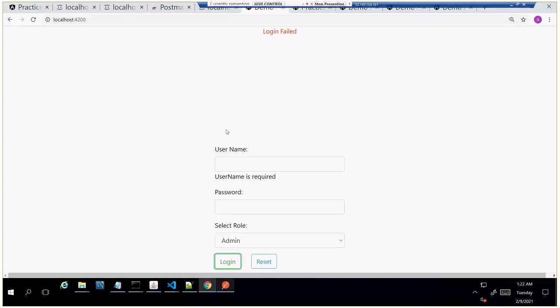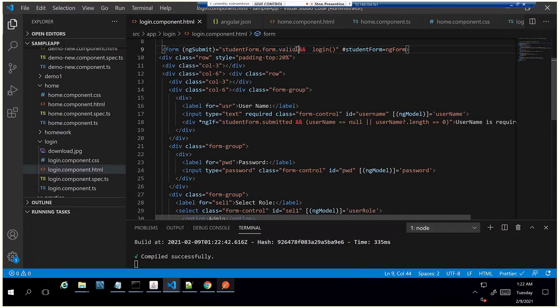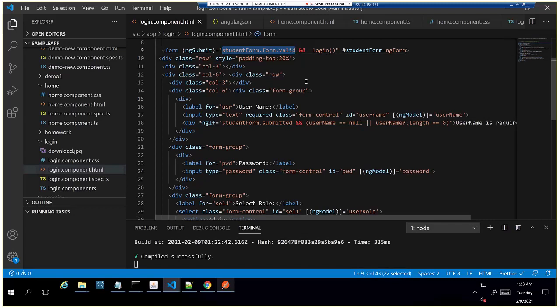And why did you write the end before login, Nani? If the form is valid, then only we are making the login method. But why is the end symbol there? If both are true, if this is true, then this will call this method. Otherwise, it will come out from here. Yeah, it's a little complicated. I don't know why they put end there.